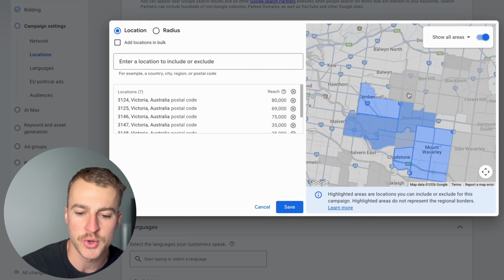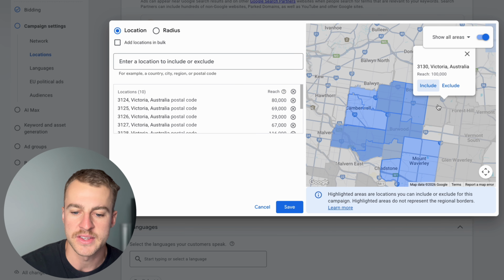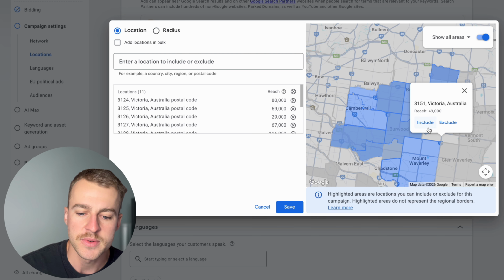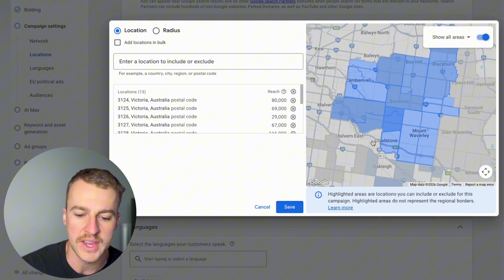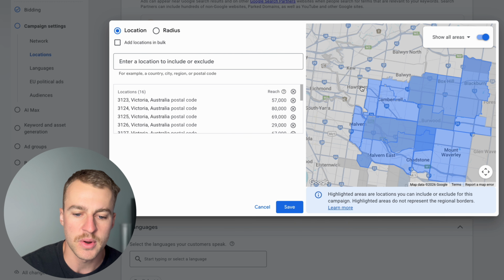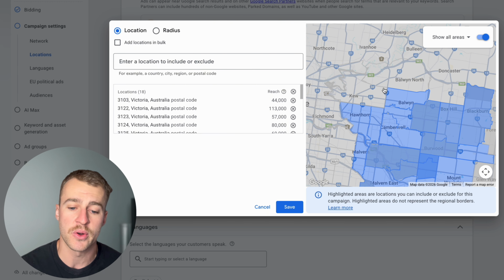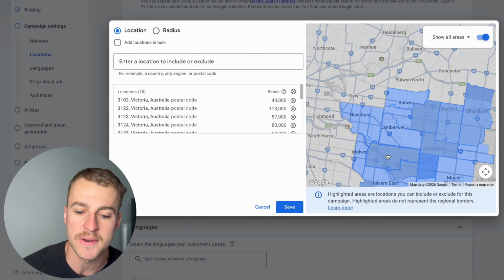You run the business, so I'm sure you know how far people are willing to drive to go to your hair salon because they like it a lot. So what you want to do is include all the locations that are within that distance of your hair salon. What I'm doing here is adding them in like this. The reason why I suggest doing it this way is because you can do bid adjustments based on different towns